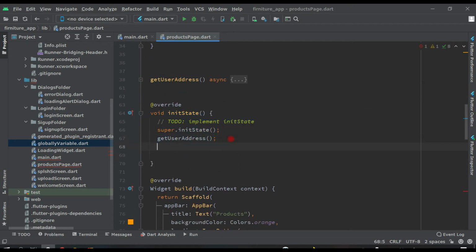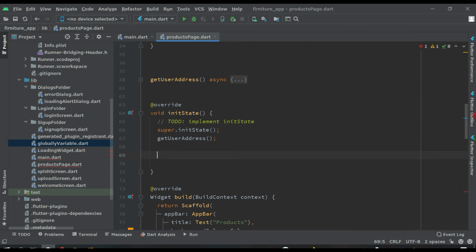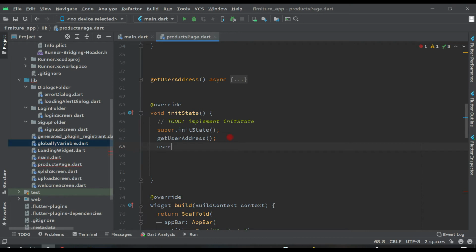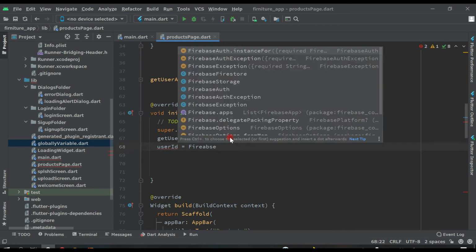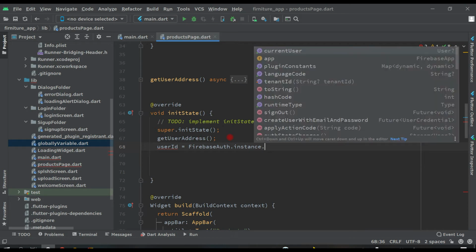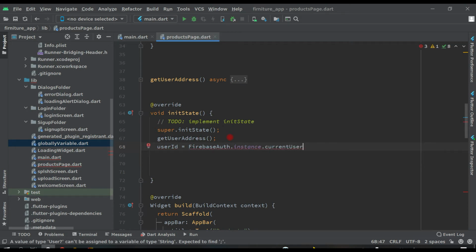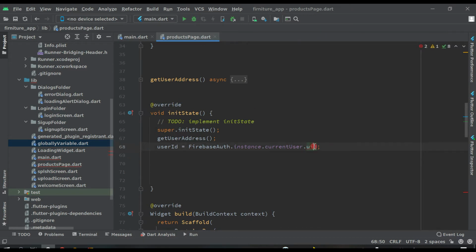After this, here we have to create user id equals to Firebase auth dot instance dot current user dot uid. Then click on it, and here you will see this red bulb, add a null check like this.